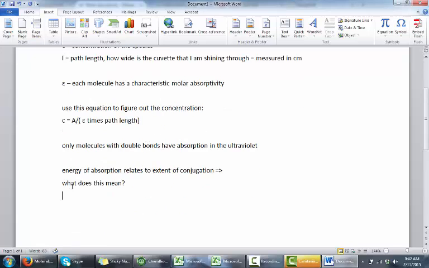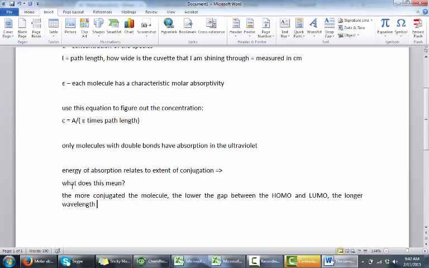That the more conjugated the molecule, the lower the gap between the HOMO and LUMO, and the longer wavelength, lower energy light is required to excite the electron from the HOMO to the LUMO, which means that very conjugated molecules actually have absorption